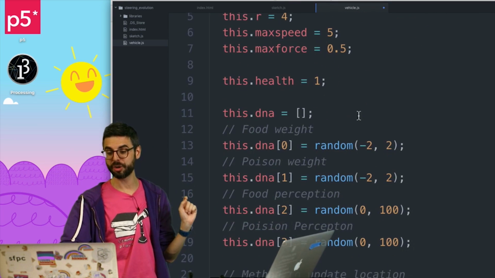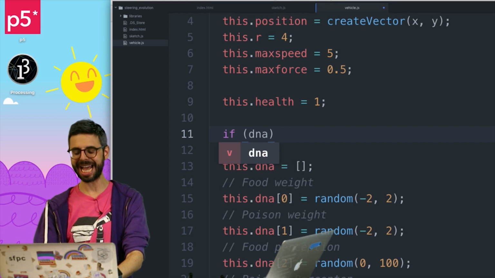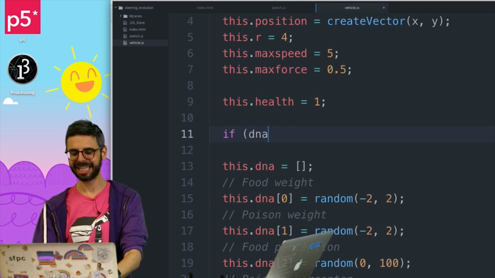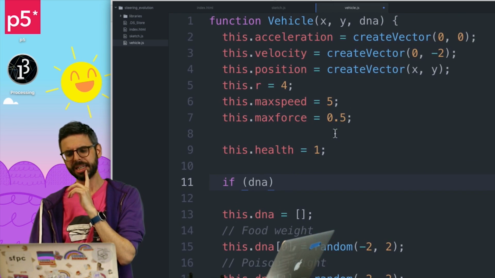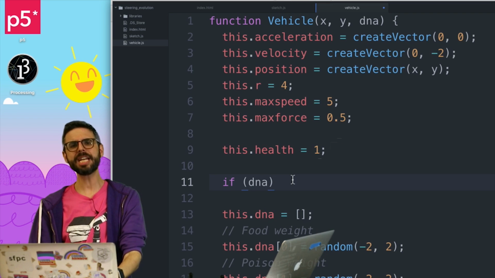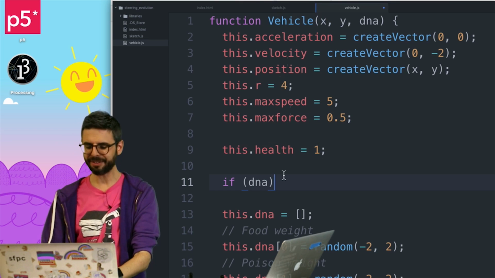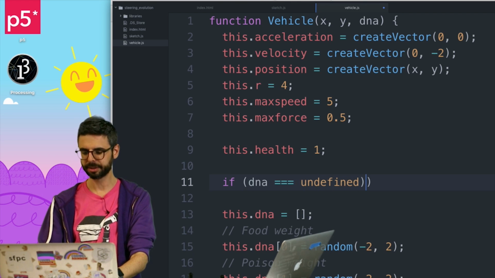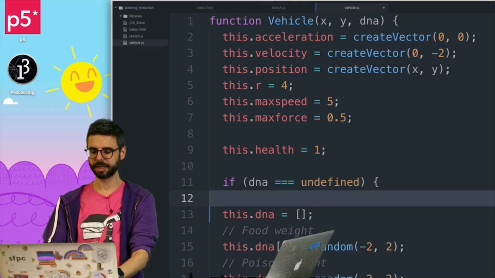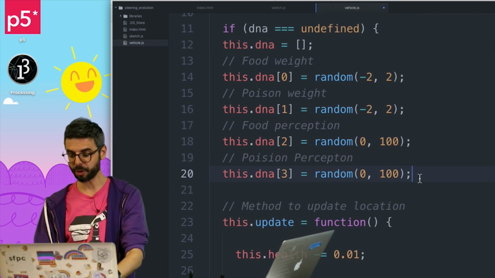And what I want to do is if DNA exists, is not undefined, I think that's okay. Any array is going to be defined, is going to return true, right? So I'm just going to say, if DNA is equal to undefined, like if I didn't pass in that argument, then make the DNA randomly, right? This is what I should do. Otherwise,